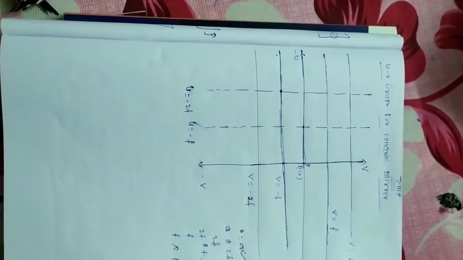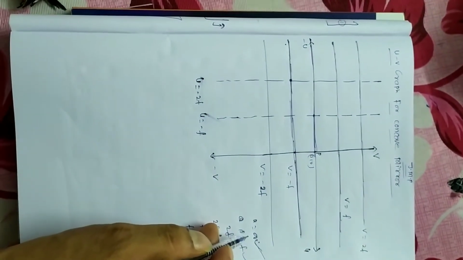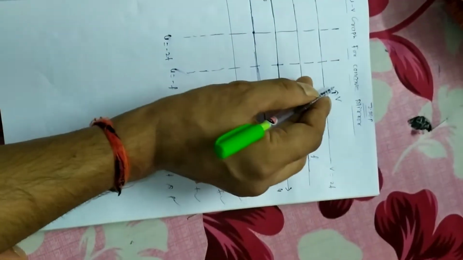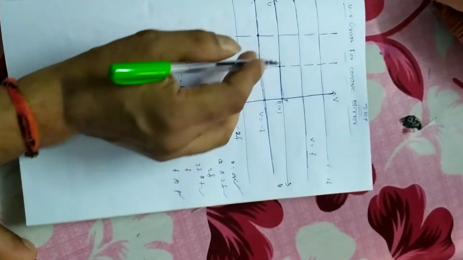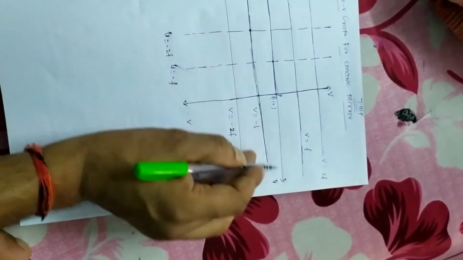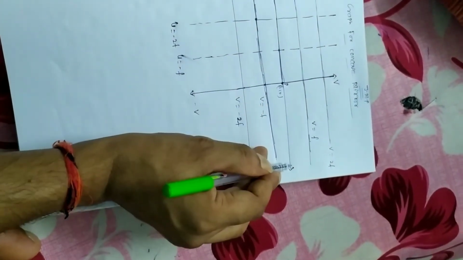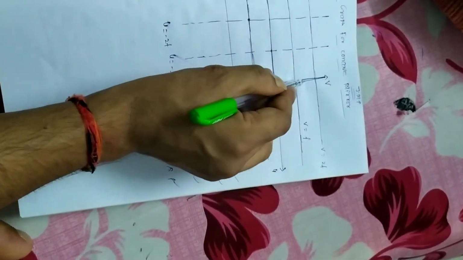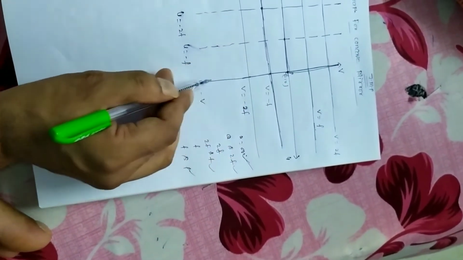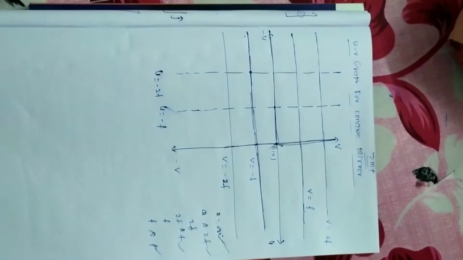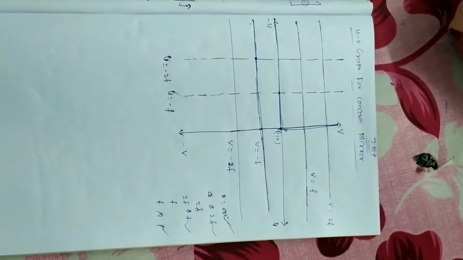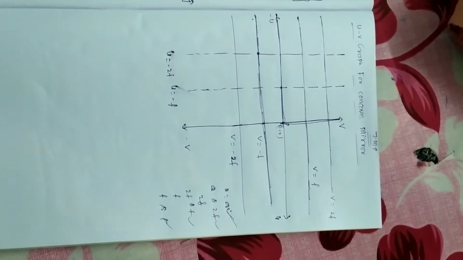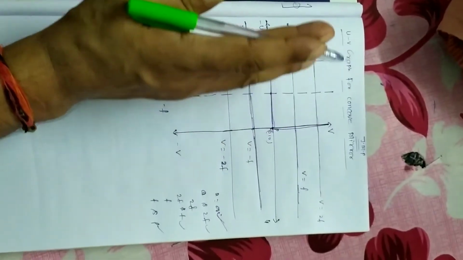When the object is at infinity, the image will be at focus, right? We know that, minus f. So here this is our velocity axis and this is our object axis. It means on this side object distance will be positive and on this side object distance will be negative. On this side velocity will be positive and on this side velocity will be negative. In concave mirror we have discussed the real object, which means u should be negative. So for negative u I plotted this side.